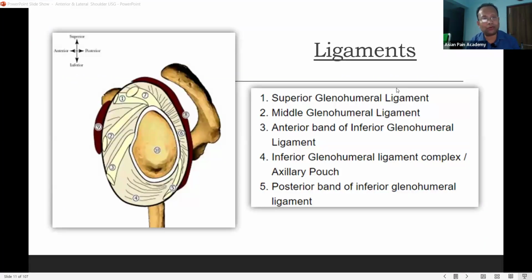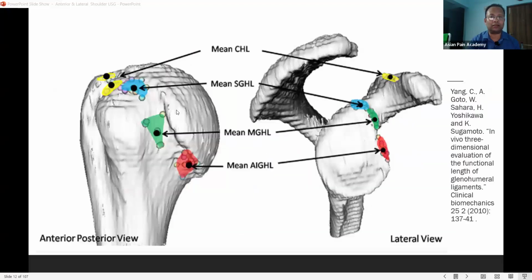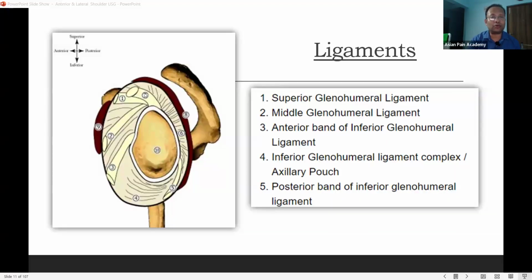Okay, now we will talk about the ligaments. Here some ligaments are there, like superior glenohumeral ligament, middle glenohumeral ligament, and anterior band of glenohumeral ligament. So where is the glenohumeral ligament? Which is the glenohumeral ligament? Okay, so glenohumeral ligament, remember here the capsule, already we talked about the capsule which inserts in